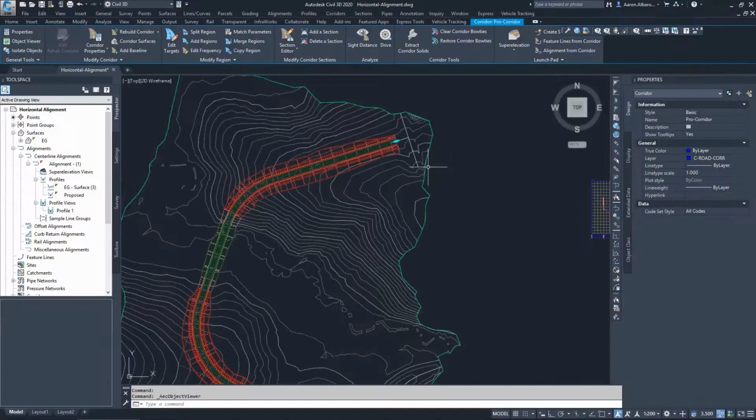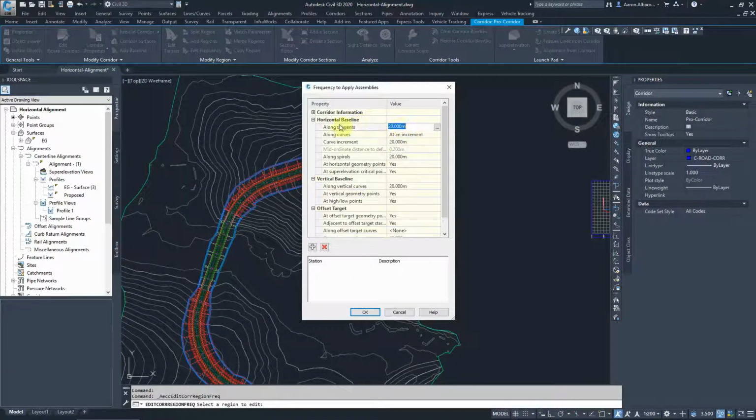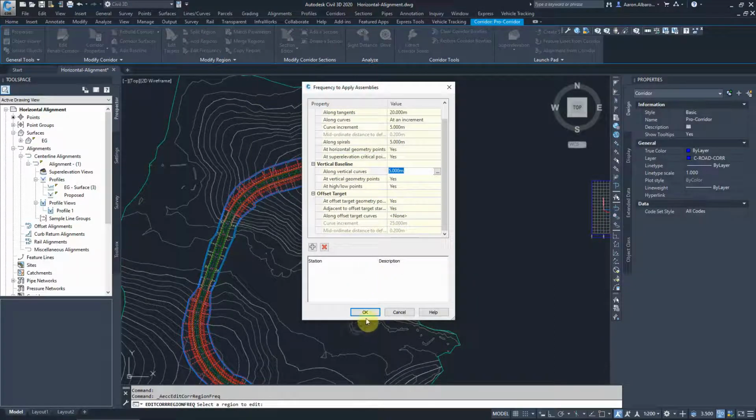To do that, you can simply select the corridor here and edit frequency for this corridor. I'll keep the tangent frequency at 20 meters, but around the curves, vertical and horizontal, I'll make that 5 meters. Even if we have spirals, currently we don't have any in our road, we'll keep that at 5 meters. Choose OK,